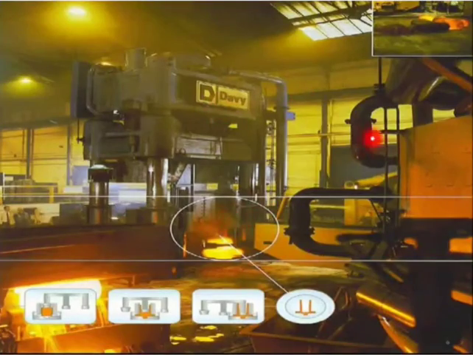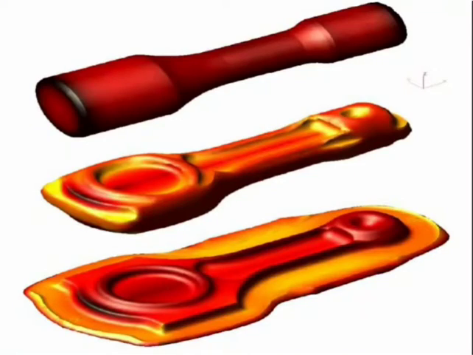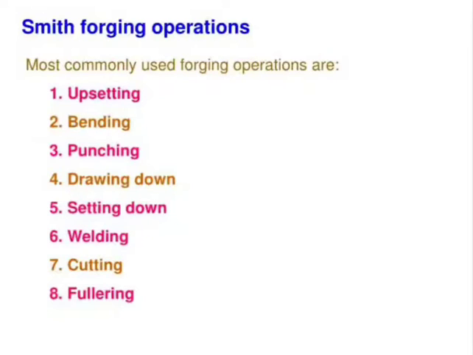Here is the furnace which is seen here, and how the metal is poured. From here it is transferred and obtains the shape. Here is the job, and that split type impression is formed. Here we keep the workpiece and hit it, and we obtain the shape of the impression.